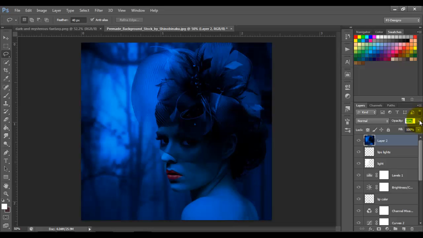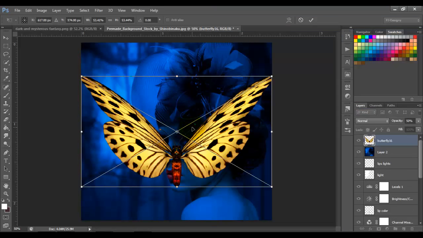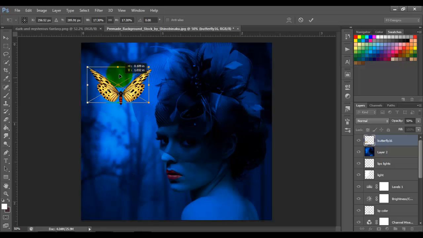Control D to deselect. So now we're going to insert the butterfly. Just grab the butterfly and insert that. Click here to maintain the aspect ratio. We're gonna put it something like this. I'm gonna hold Control and grab this upper right corner to make the wings, this wing,